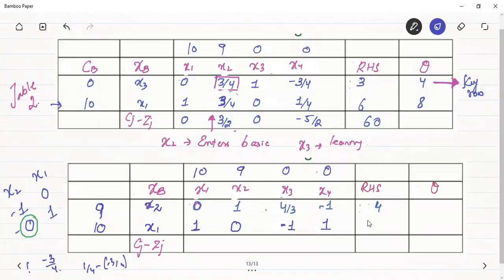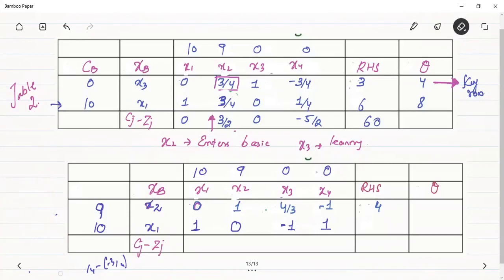RHS में, बताइए what will be the element here, So 3. table number 3, okay, let's see, RHS is 4 multiplied by 3/4, that will be 3, multiply 3/4 से करना है, yes, 3/4, that will be 3, and 6 minus 3, that will be 3, yes, you are correct, it will be 3, okay। So we got all these values,